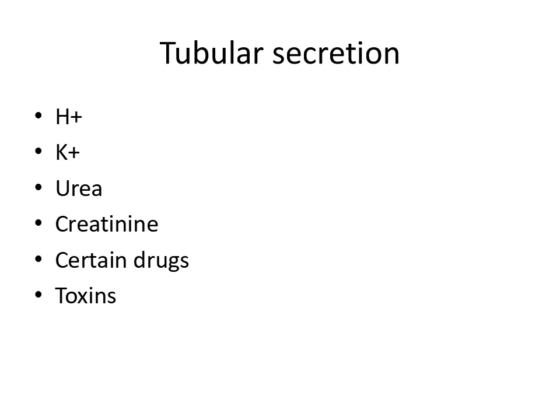Now coming to tubular secretion, so H plus, K plus, urea, creatinine, drugs and toxins. These are the substances that are secreted by the tubule. You just have to remember the names of these substances that are secreted. So potassium secretion we have already discussed. The H plus secretion we will discuss along with acid-base balance. The other things, urea, creatinine, drugs and toxins, you have to just remember the names.